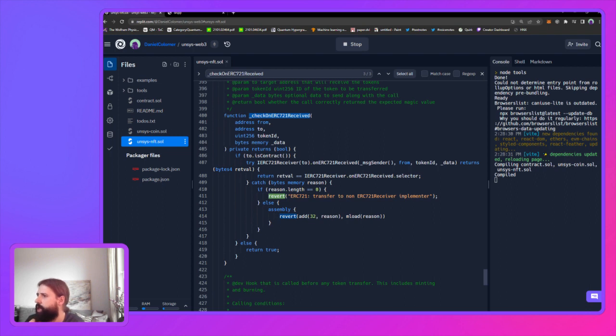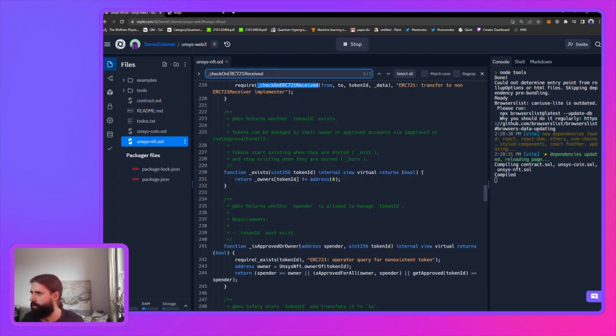Oh no, that's catch. Okay, return. It just returns these. So it returns something. The receiver does something, then it returns a value to you, and then what this does probably is